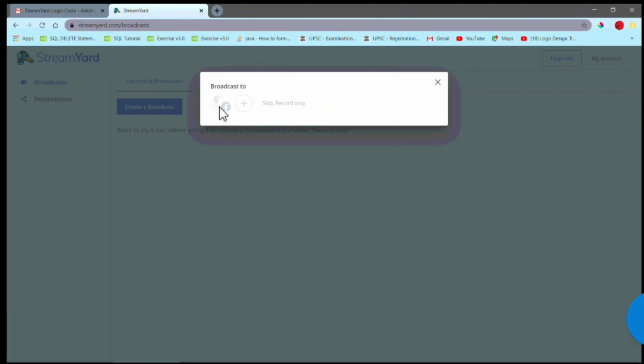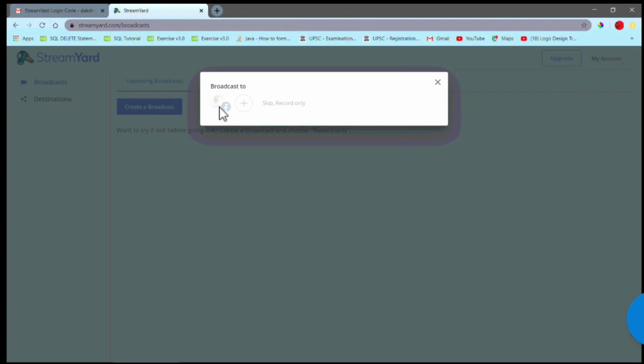When you click on that, a dialog box will appear which shows you all the pages that you have kept, or you can easily click on the plus icon and add another page, add another station where you want to go live on. But for our reference, as we are using a free version of StreamYard, you are allowed only to go live on one platform at a time.